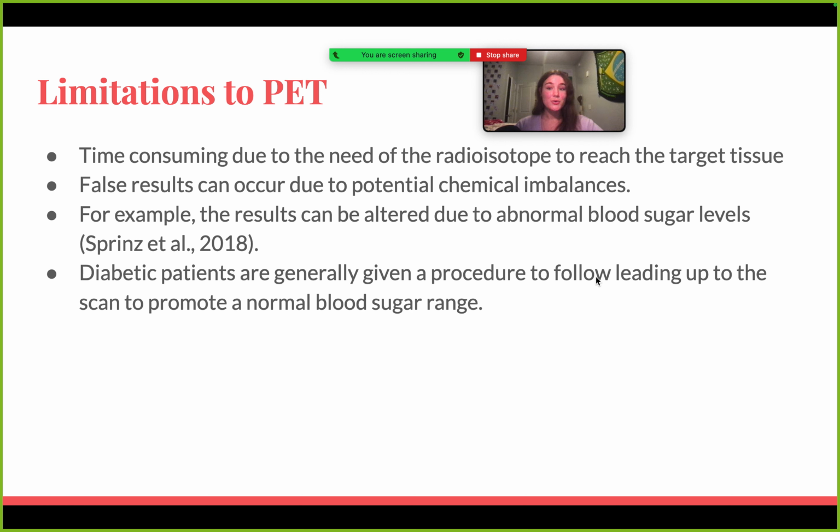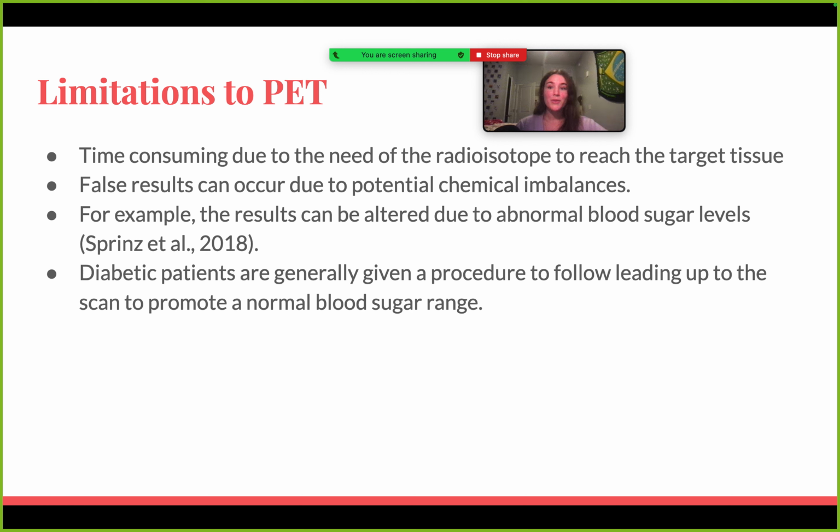Some limitations to PET is false results can and have occurred due to acute or natural chemical imbalances. A great example of this is in diabetic patients who naturally have issues metabolizing glucose due to issues with insulin production or insulin resistance. And if they don't follow a very specific criteria leading up to their scan, their results